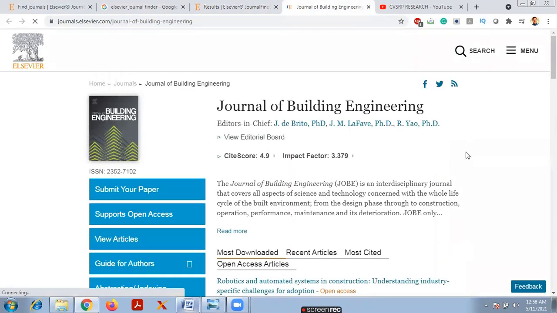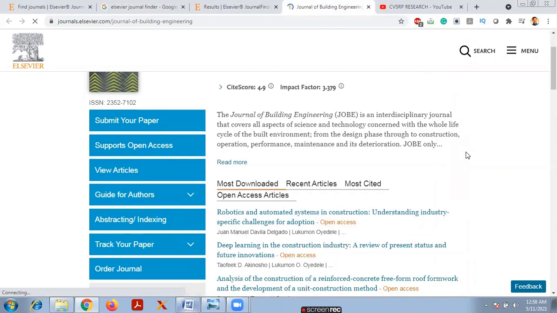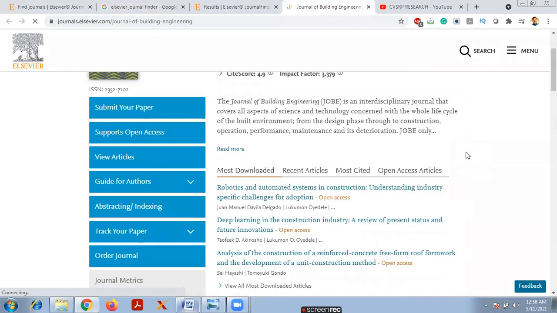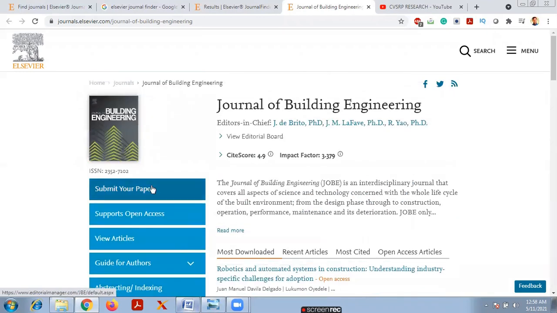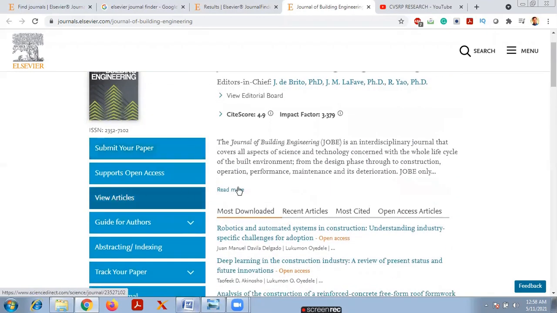So you can find the journal homepage, whatever you require to publish the paper, and also the guide for authors, the abstracting and indexing, whether it is Scopus or Web of Science, like that. You can even track your paper, and also submit your paper. You can view the articles published in this journal.